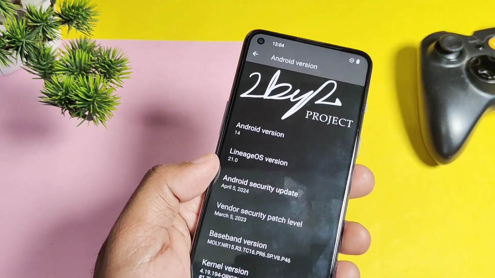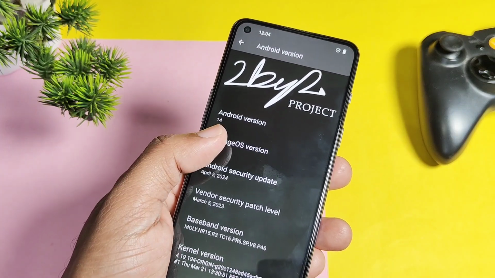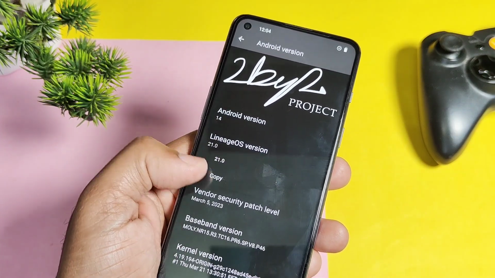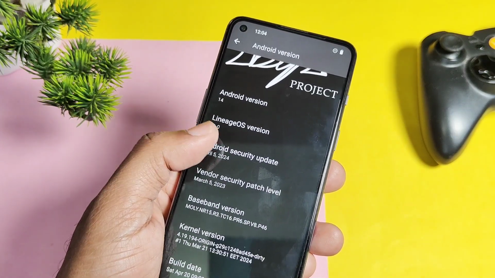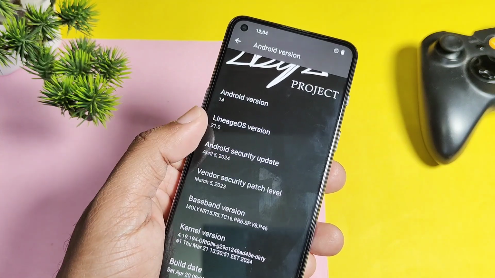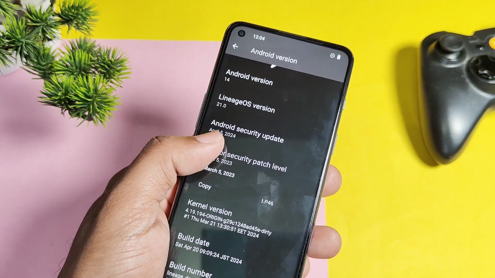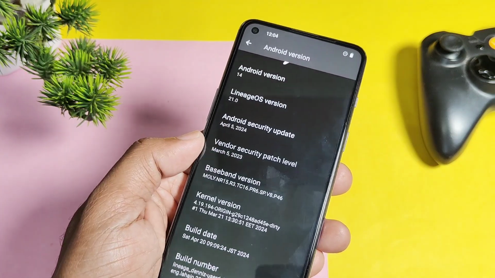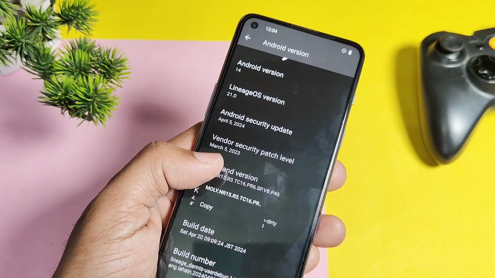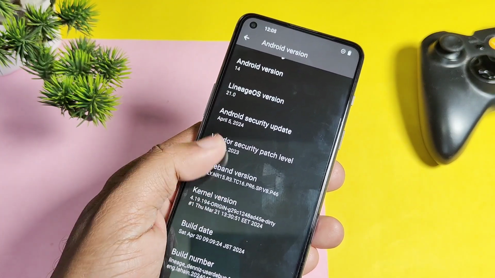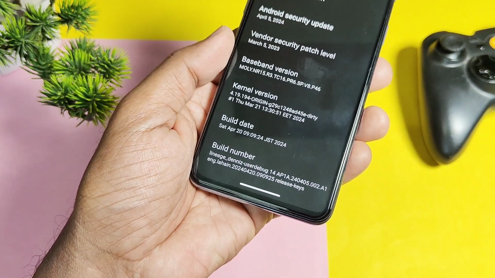But on the 1st June, the developer already released the new Evolution X 9.0 for OnePlus Nord 2, but it was in the testing phase and the developer didn't release this build publicly. But I decided to test this build, and in my opinion, it's good enough to use as a daily driver. The in-depth review of this build along with BGMI testing will be available after the installation video of the new